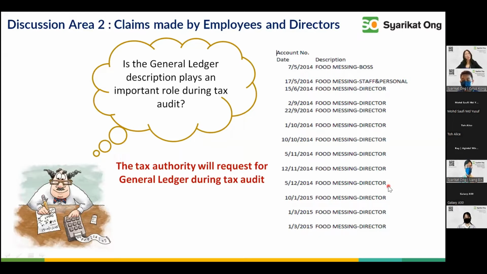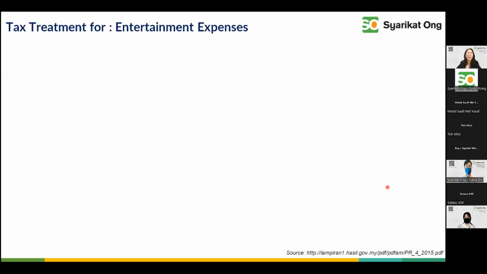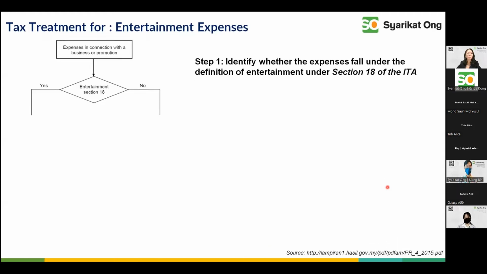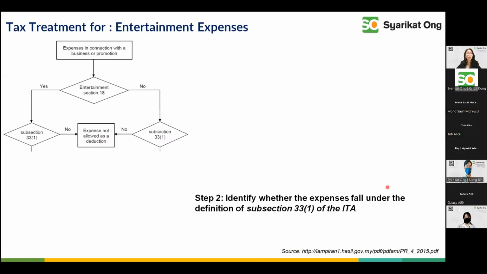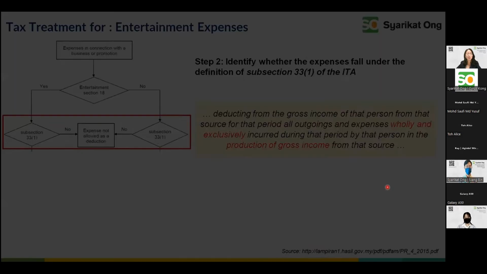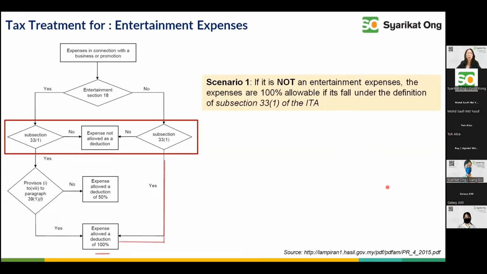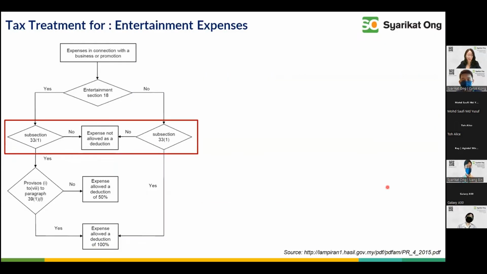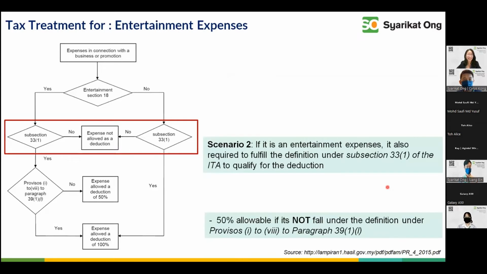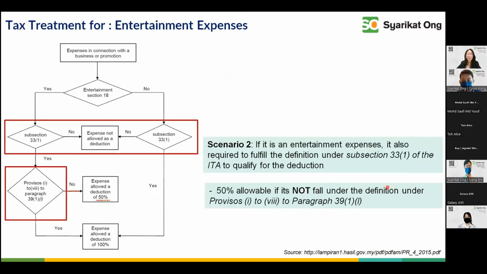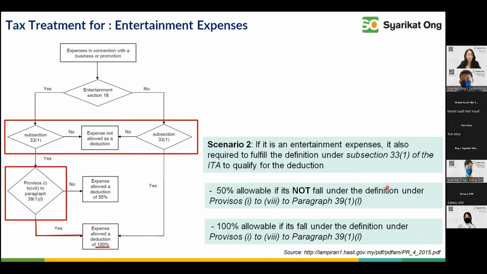My director is very bad, but I spent a lot of time, we have to go and eat, only then we will be able to do our business. Sometimes we forget that tax actually has rules. It's just like any game, it has a rule, step by step, to come to what is a deduction of an expense, ladies and gentlemen. So entertainment looks simple, but it actually has a process to follow.